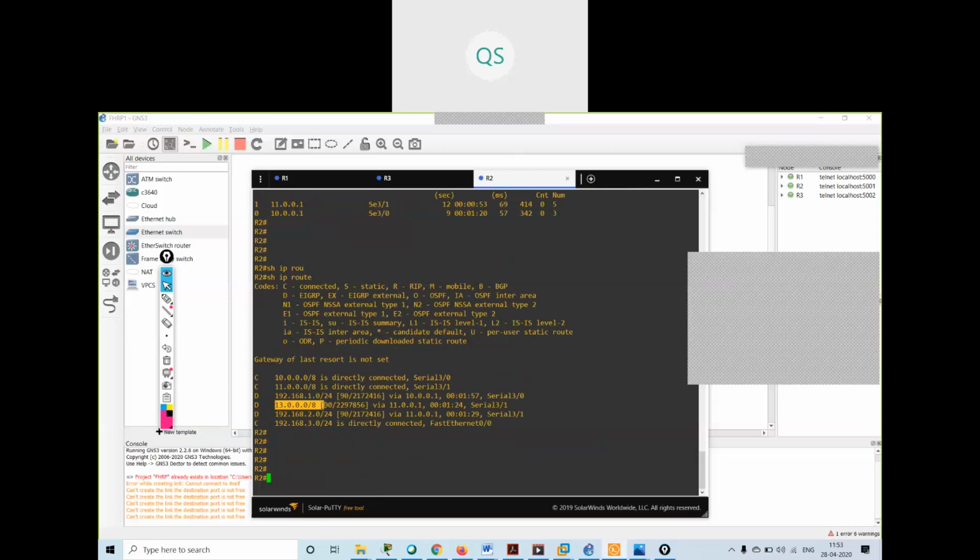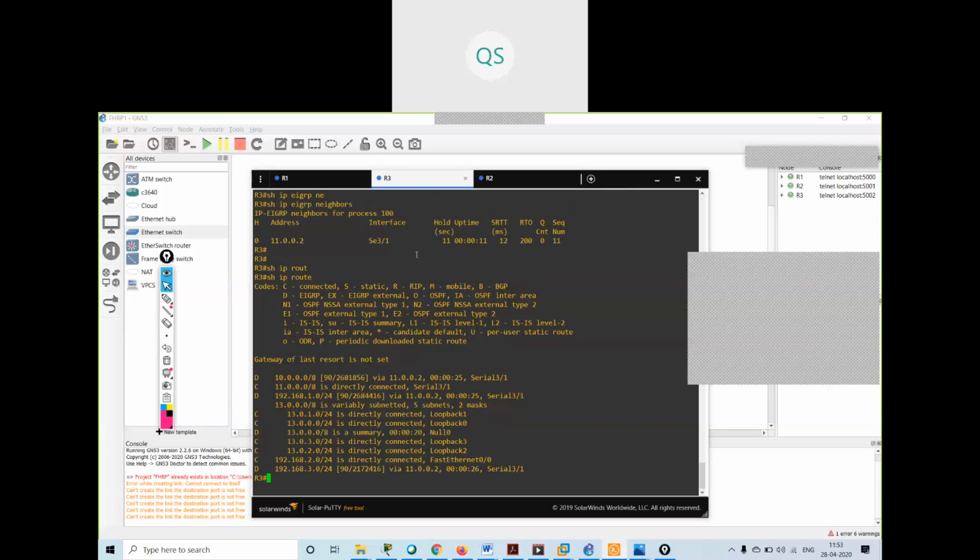See over here also, I'm getting only one route, but it is /8. It is giving me the default CIDR value of the class. Understood? Over here you can see this null zero, null zero, null zero. What will happen with this null zero?